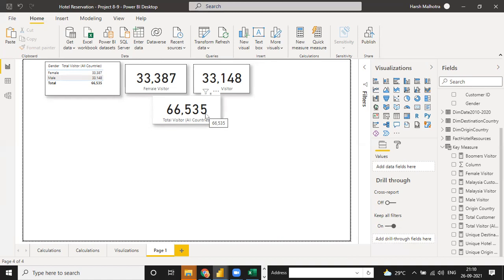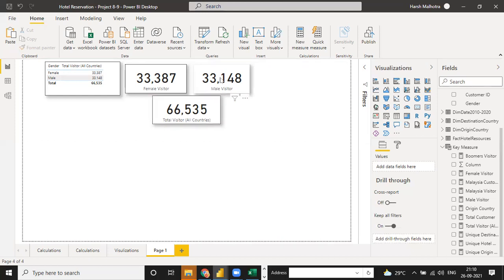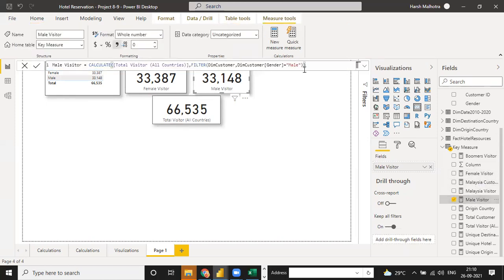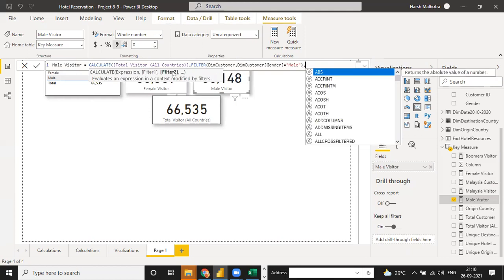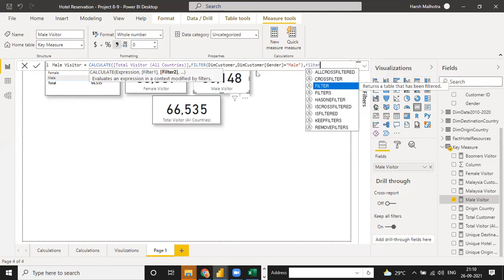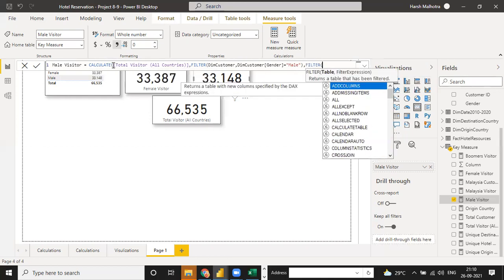If the employee ID will be the same, then I think we will use some conditional logic for this, or we can use two criteria. Right now in the CALCULATE function, see, in this male criteria I can use a filter by one criteria, or a filter by a second criteria as well. Just go to comma and you will see the filter two. The first filter is the dim customer gender table, and the second filter can be a different one, like the total visitor male count. First is the male count, and second is the male count for New Zealand only.